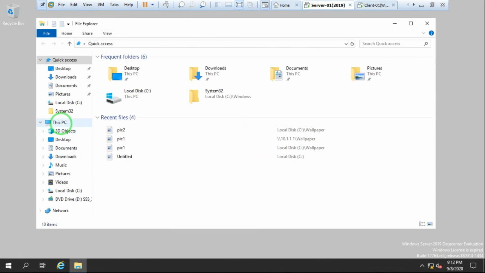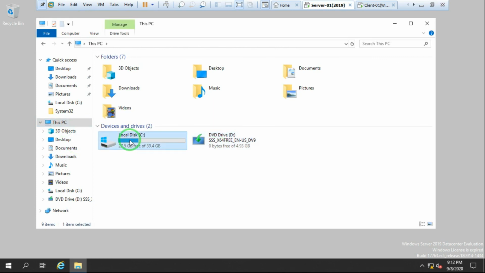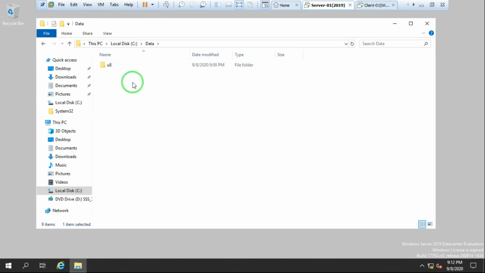I open This PC and open the C drive, data folder. Over there you can see the user 8 folder is automatically created. In that user 8 folder, a documents folder is automatically created. Now the documents folder is moved to this location.